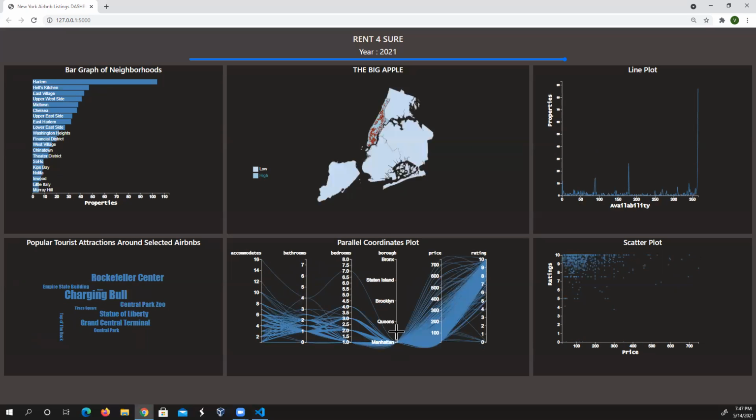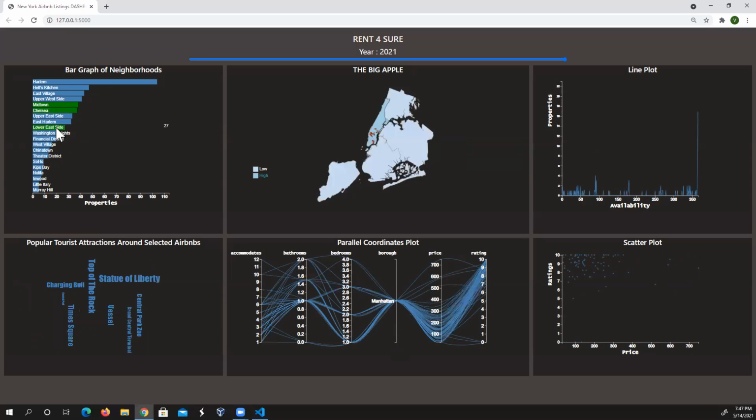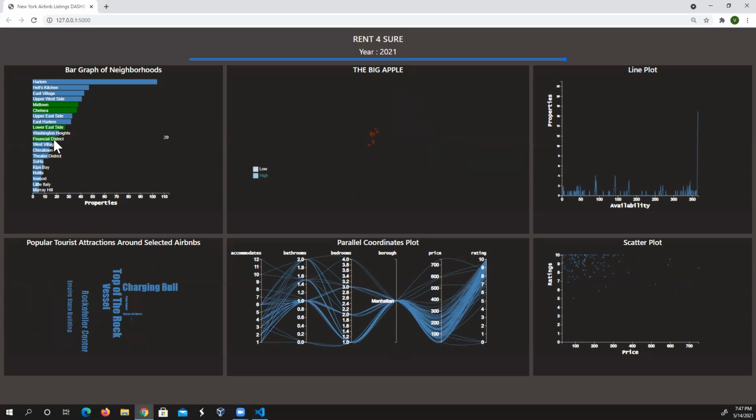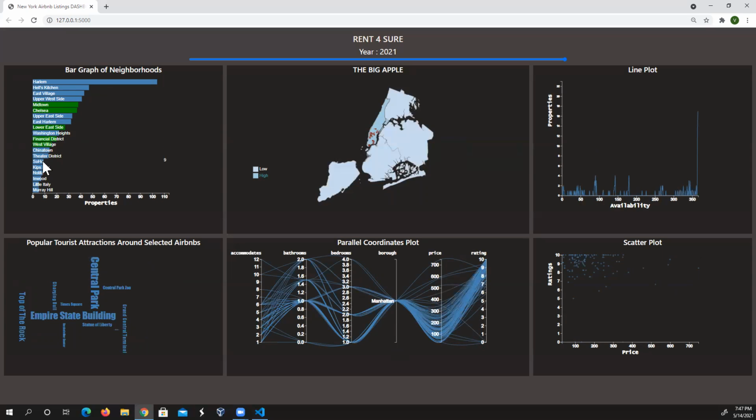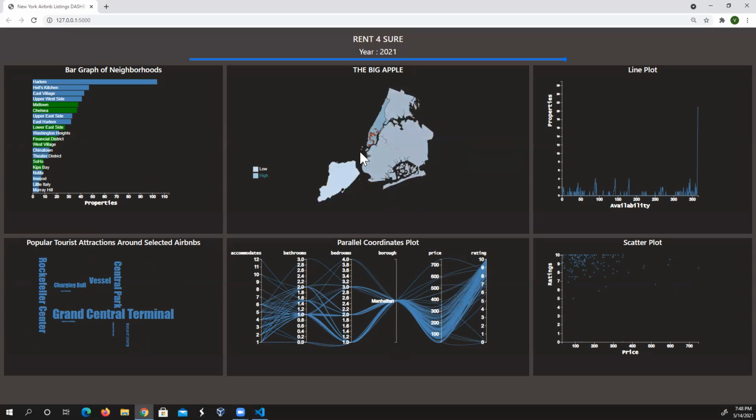Okay, so in Manhattan, let's try to focus on areas that are close to what we saw right now, and they are, let's say, Midtown. Then we have Chelsea, Lower East Side, then the Financial District, West Village, Soho, and Gibbs Bay. So these are properties which are in the vicinity. Let's check their average price.